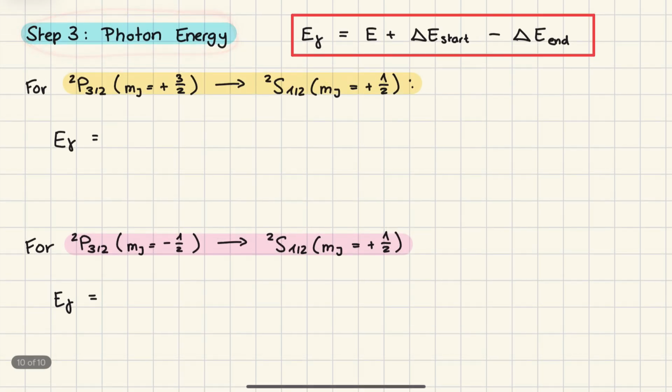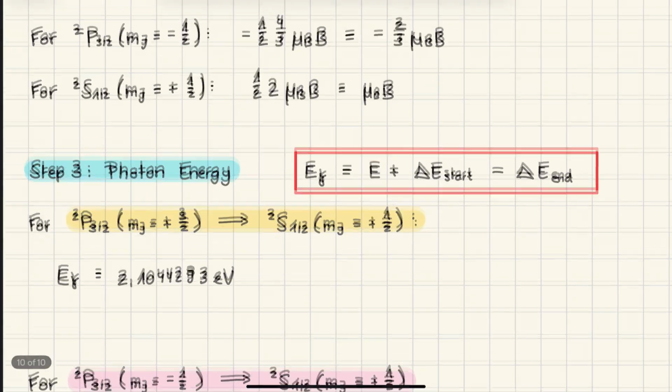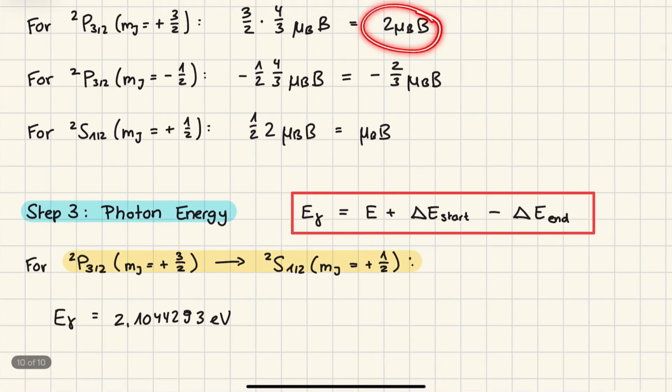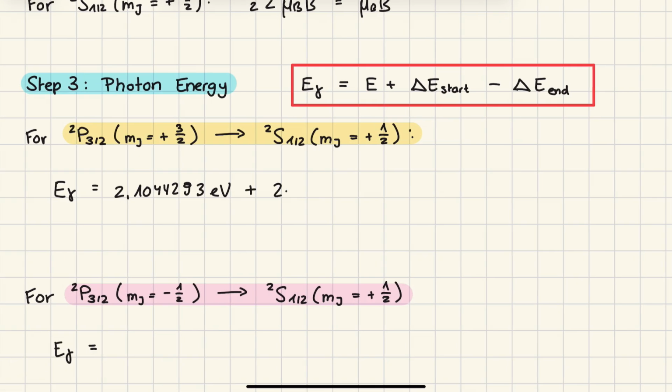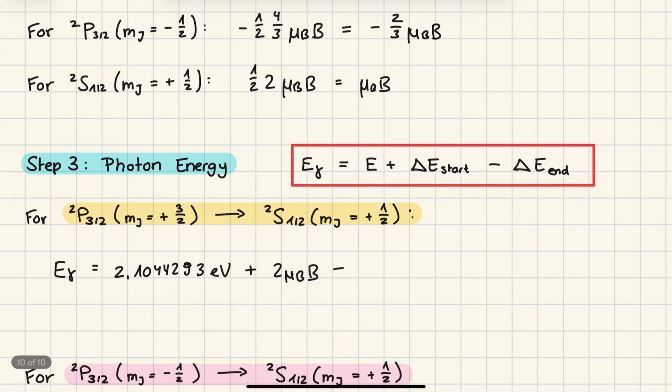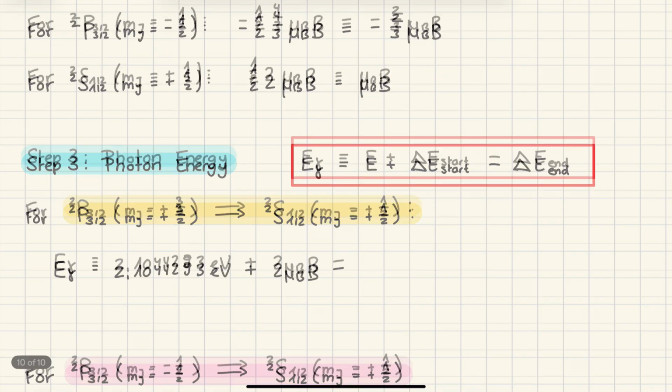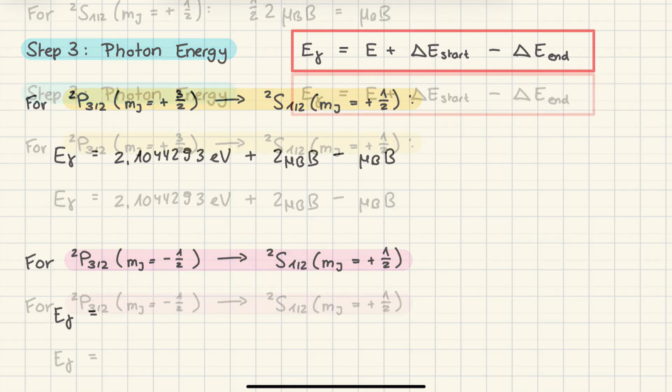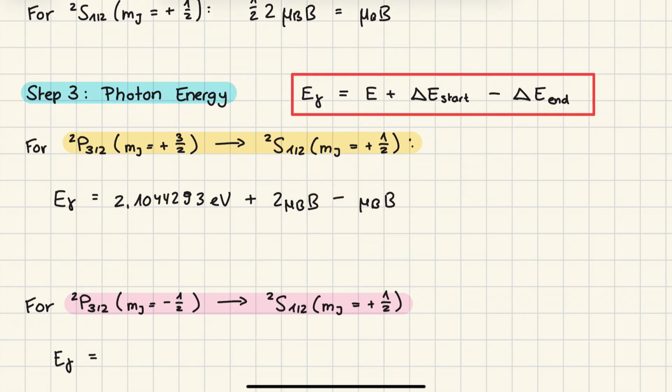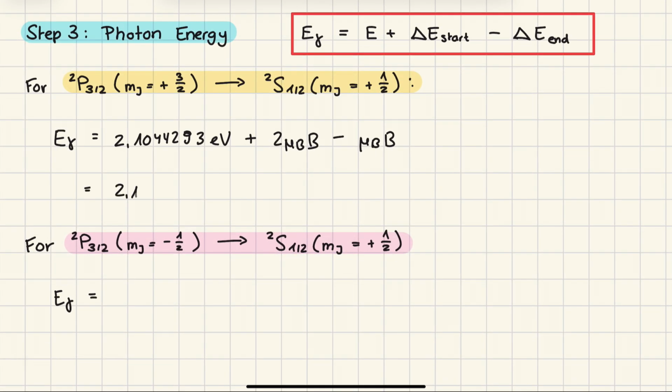So now, on to step 3. In order to find the photon energy, we basically just have to plug our Zeeman shifts into this formula. E, which is the energy difference without any Zeeman splitting, was given as 2.1044293 electron volts plus the Zeeman shift of our starting level, which is 2 mu B B in this case, minus the Zeeman shift of our end level, which is this. And since 2 mu B B minus mu B B is just mu B B, we get 2.1044293 electron volts